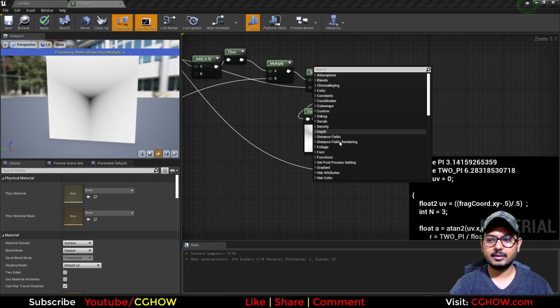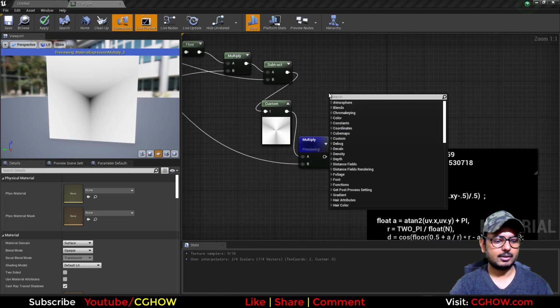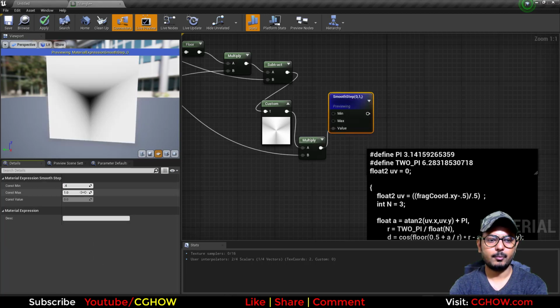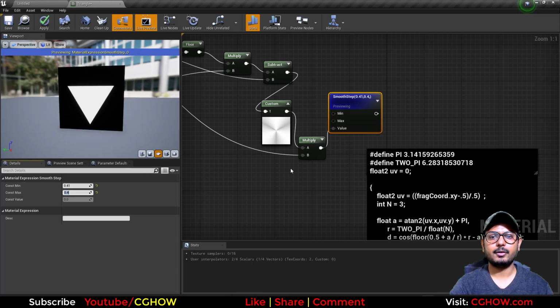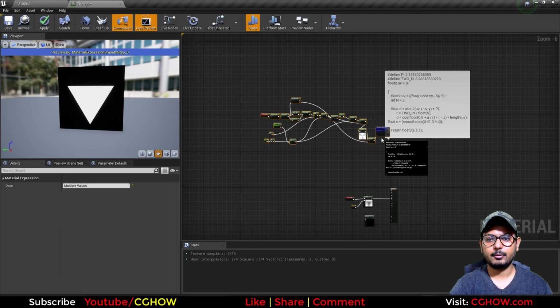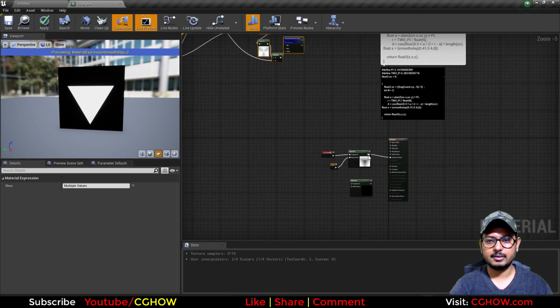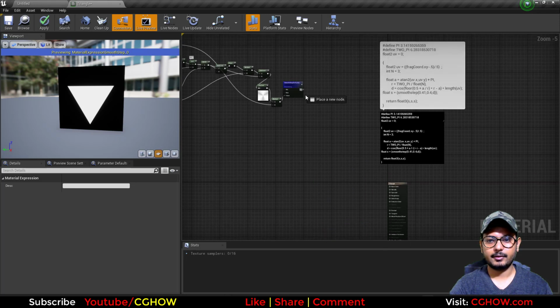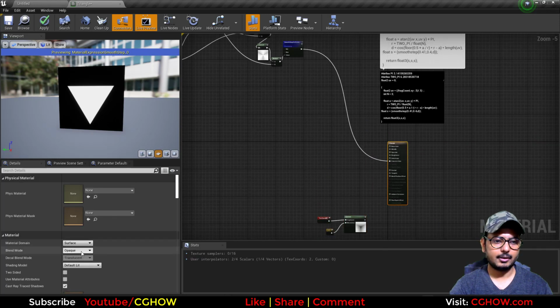And now the last thing is smoothstep. So you can just take the smoothstep value, and the values are 0.41, 0.4, and you get the triangle with nodes. So this is the code, this is the nodes, and you can do a lot of things with this now. So let's connect it here in emissive and make it unlit,